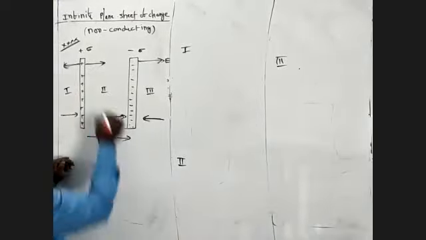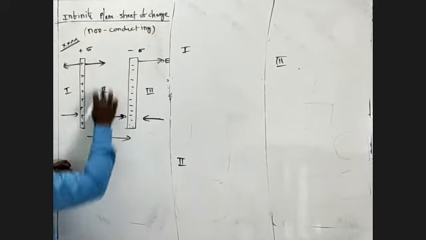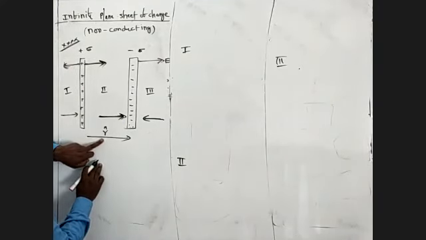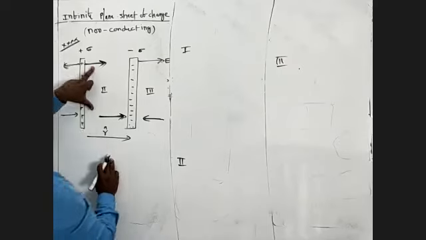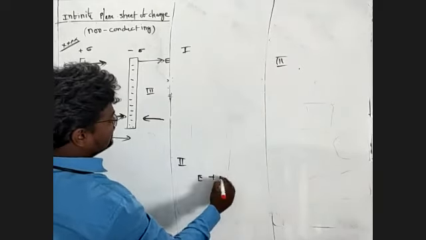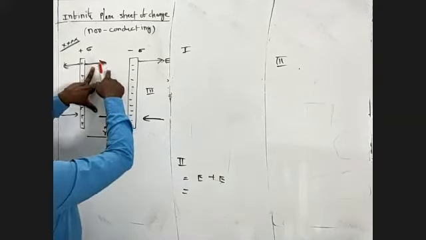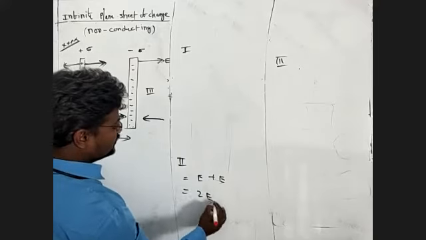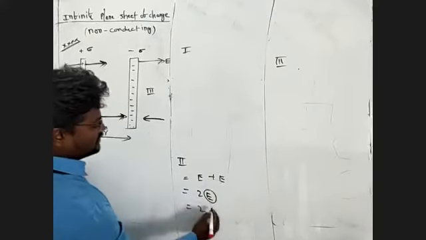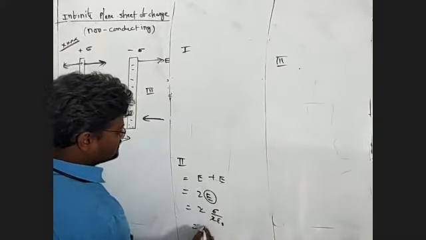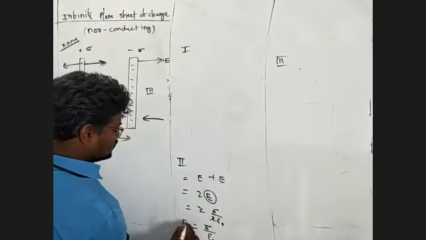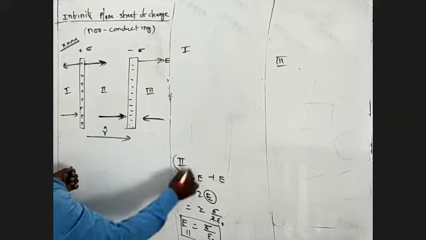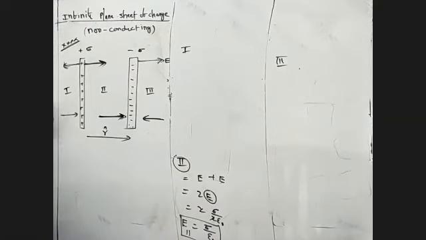In the second region, you see this is the direction of electric field, and this is the direction of electric field. Both are in the same direction, the same as the direction of r cap. So E plus E, and you are getting 2E. 2 into E means sigma by 2 epsilon naught, the 2s cancel each other. Sigma by epsilon naught is the region 2 electric field. Now what is the region 1 electric field?